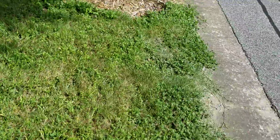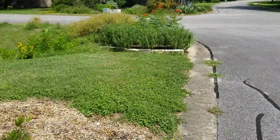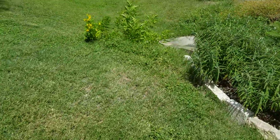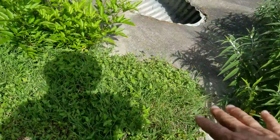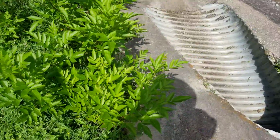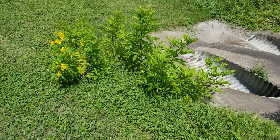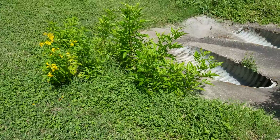Now let's go over here to the front garden. Check this out over here. Got some Esperanza. Man, I can't mow this. It's too steep, and it's just too close to the edge here. So I want to put stuff up here that will just dominate this grassy area so I don't have to mow it. I put 5 Esperanzas here,